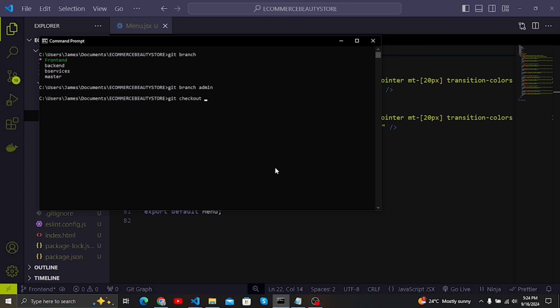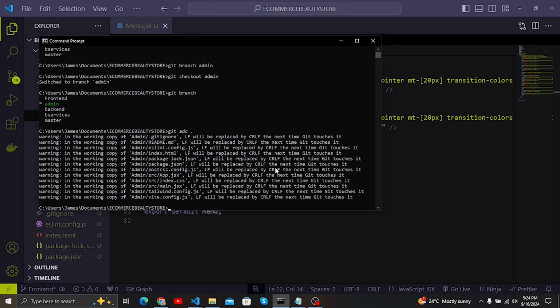So I'm going to switch to that, and if I do git branch here, you can now see we have the new branch, and also we have switched to that branch. So I'm going to add everything, commit, and this one I can add here, added admin,